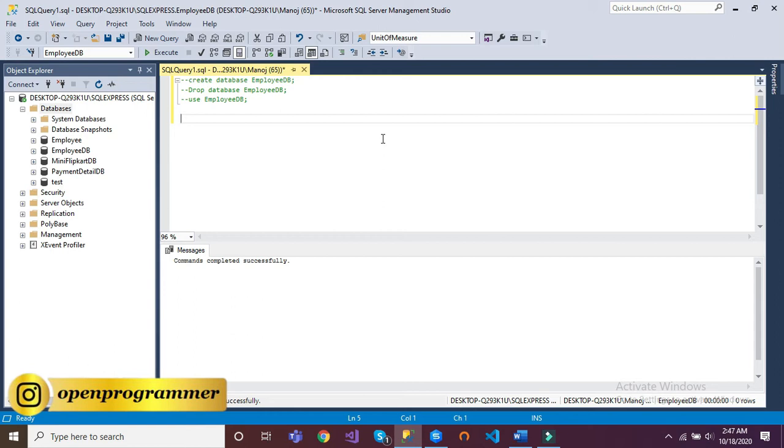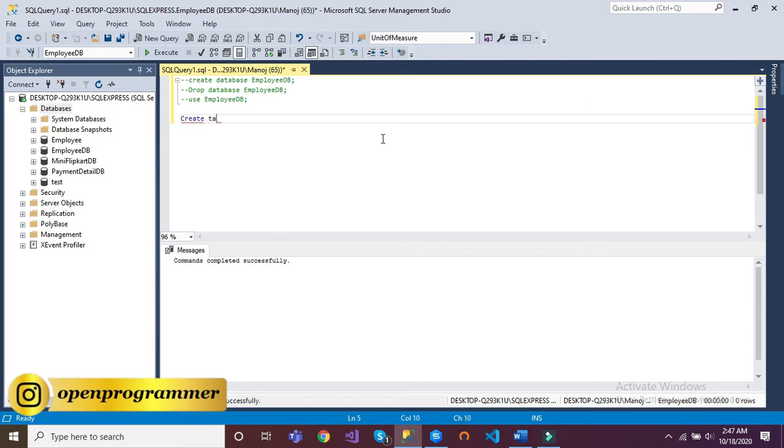So these are some data types, and we use these data types according to our need, what kind of application we are going to use or what kind of module we are creating in our application. So based on that particular module, we design a table. For example, let me create a table here.